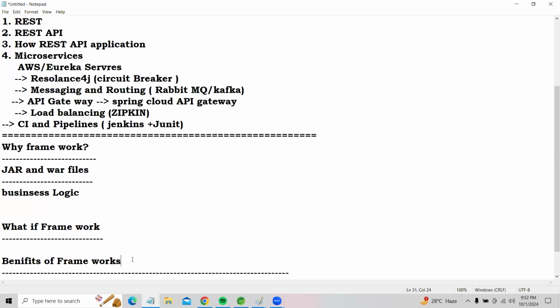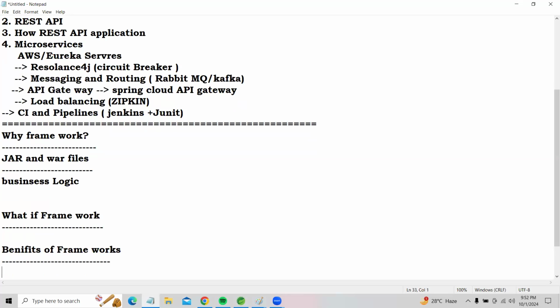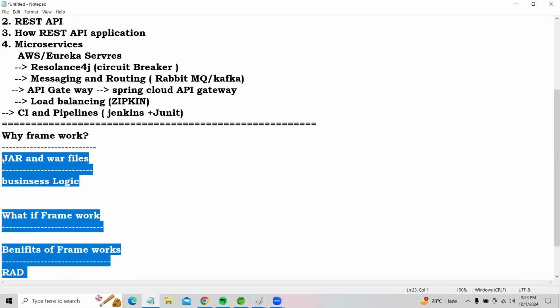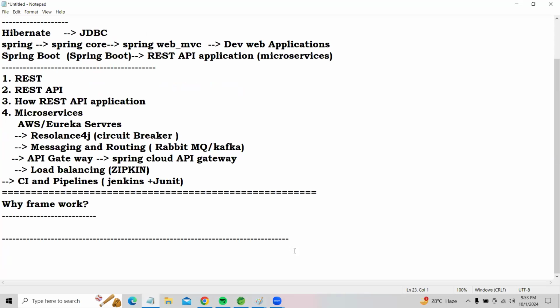Sir, what are the benefits? What is the first benefit? The developer won't get burdened, and we are not going to write duplicate code. Time is saved, cost is saved, and RAD development. RAD means rapid development, sir: less time, less effort, less code. We develop the application as soon as possible, deployment cost also decreases, and testing and debugging are also very easy. These are the benefits we get with the framework concept. Clear, my friends? Please need your response once.